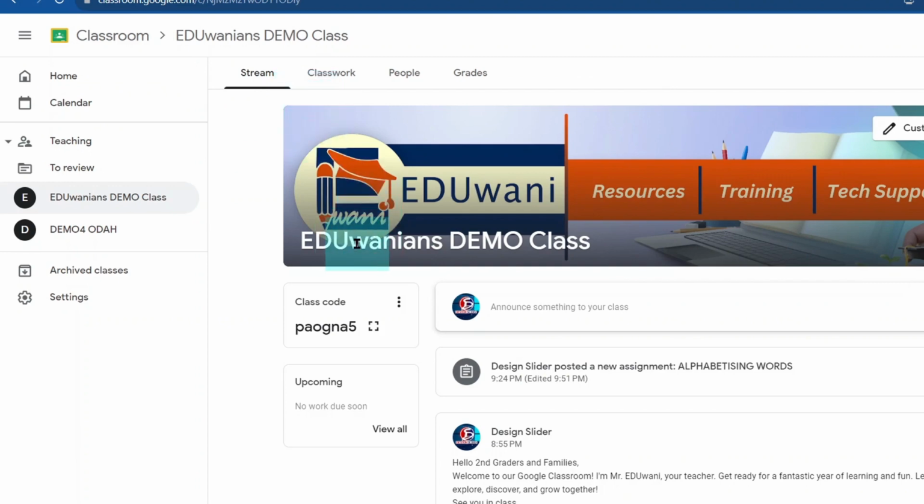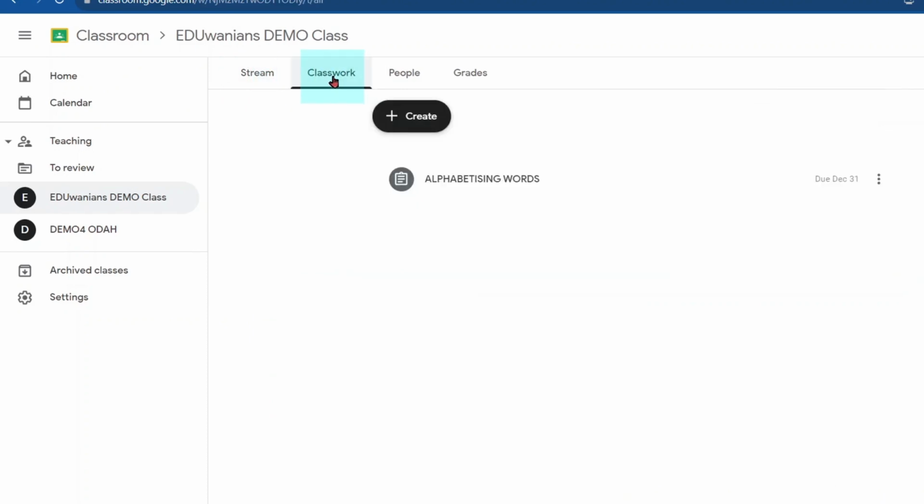So when you click in that and you land in the home page, like I told us, the stream is the landing point into every classroom, okay? Now, under that, the second button at the top here is classwork. If it is your phone, you see it at the bottom of your screen, okay? Now, when you click classwork, you see all the work you've created before, okay? All the work you've created before. You will see right here, okay? Then,